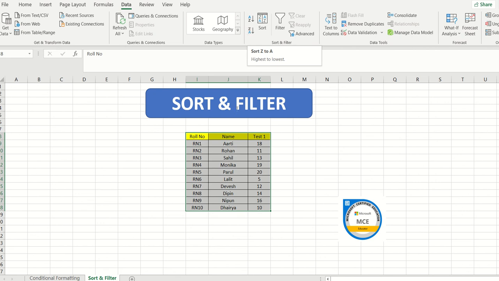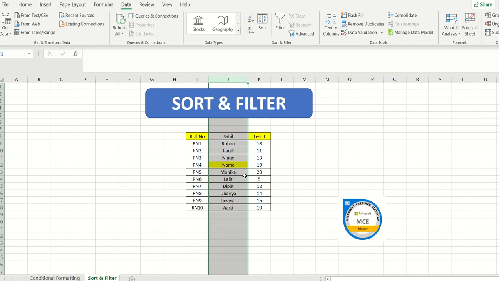Okay, now what I'm going to do is, let's say I select this column where the names are given, and I want my data to be from the highest or the lowest range. See, highest and the lowest, again you can use it for the number formatting also. There is no restriction, ascending, descending, both ways we can do it. We can use it for the text also, we can use it for the number as well. Let's move with the text first. I can select this column, and then I will do Z to A. So you yourself can see here the data has been put in.